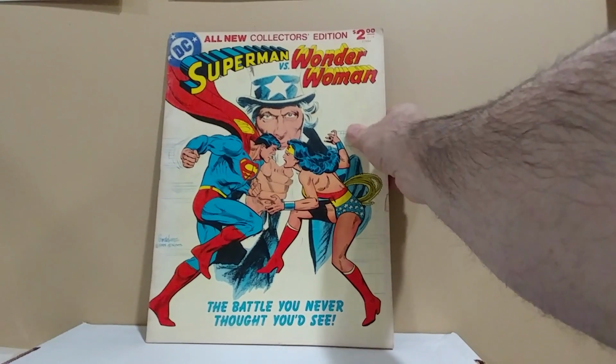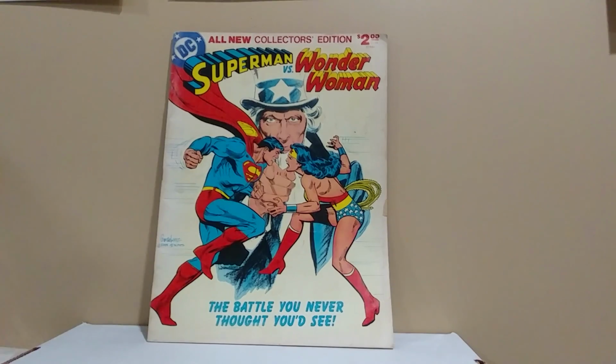Then what they did in 1978 through 79, they did another 7 issues, of which I own 5 of them. 2 of them are Rudolph, which I don't own. And these are all original stories for the most part, and they call them the All-New Collectors' Edition. The first one to come out was this one right here, Superman, Wonder Woman. This is